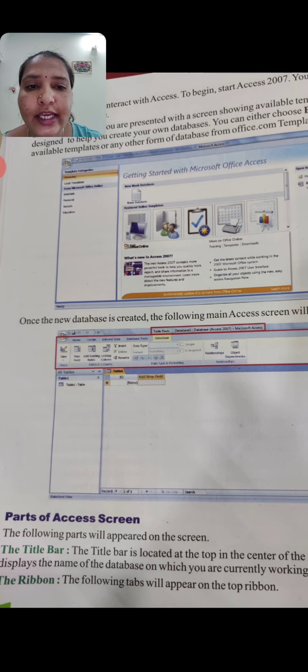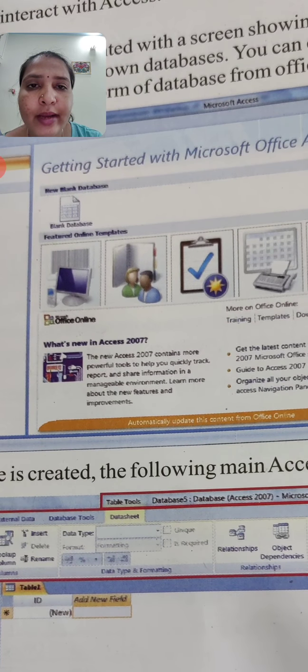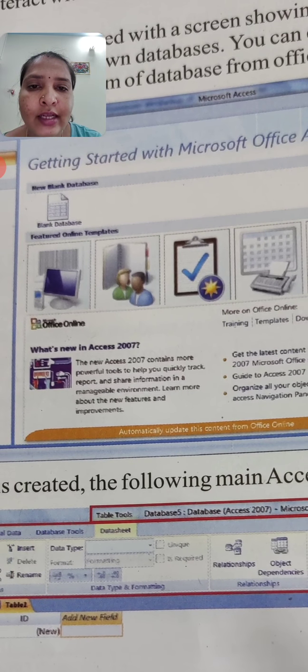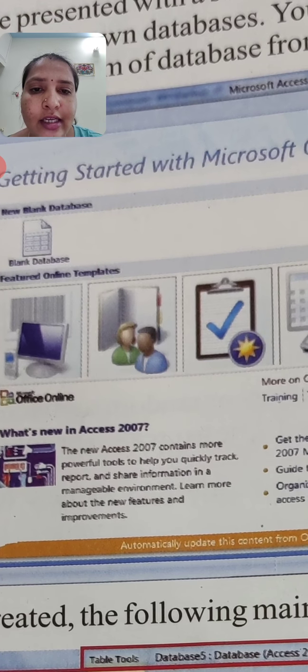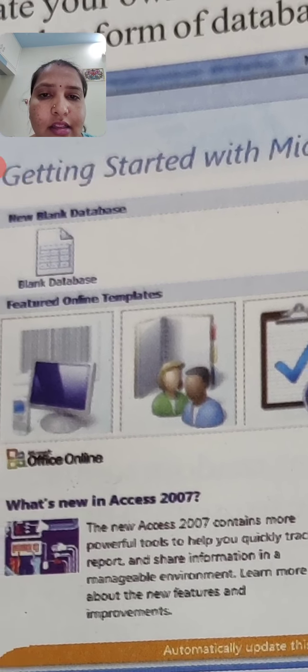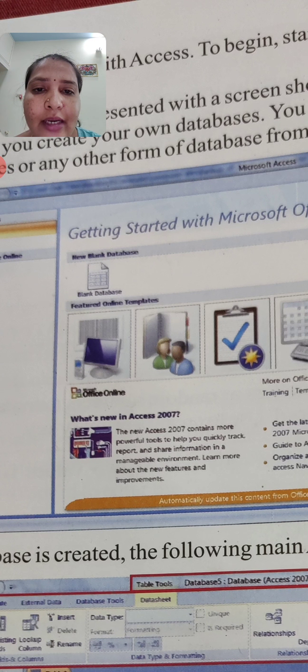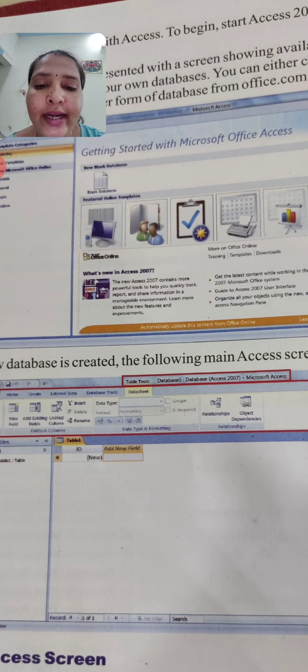In the window of Microsoft Access 2007, there is an option called Blank Database. Once we click on Blank Database, the page will look like this.